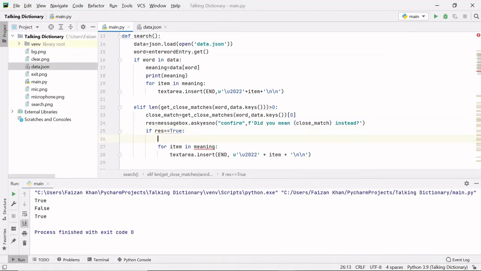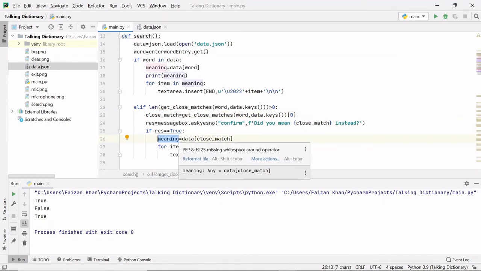Let me define a meaning variable here, and how can we get the meaning? data, and here we simply need to pass close match. This is the key that we are passing inside this square bracket, and we will get the value, and that value will be stored inside this meaning variable.